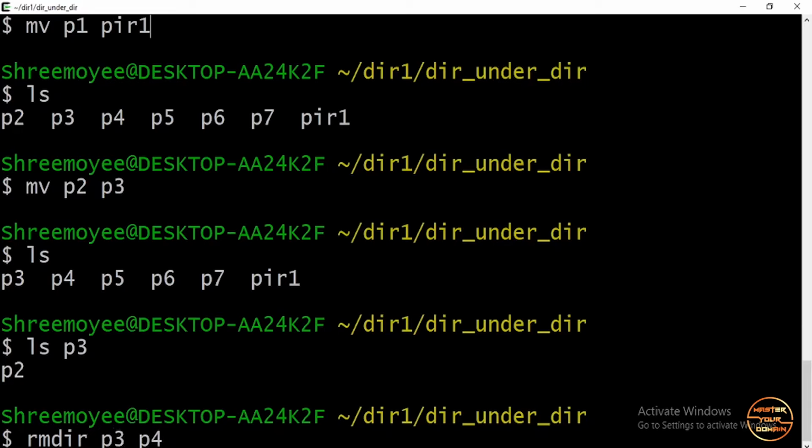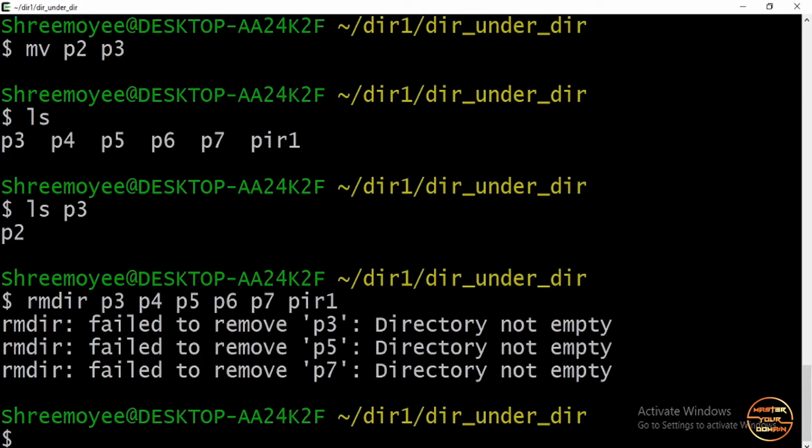It's the same as mkdir. So if you want to remove multiple directories, you can give the names separated with space. But one thing you need to remember is that if you want to remove a directory, the directory must be empty. Hit enter.